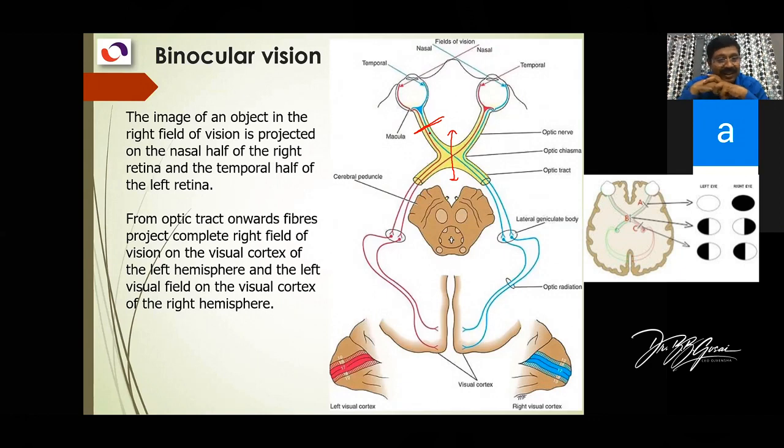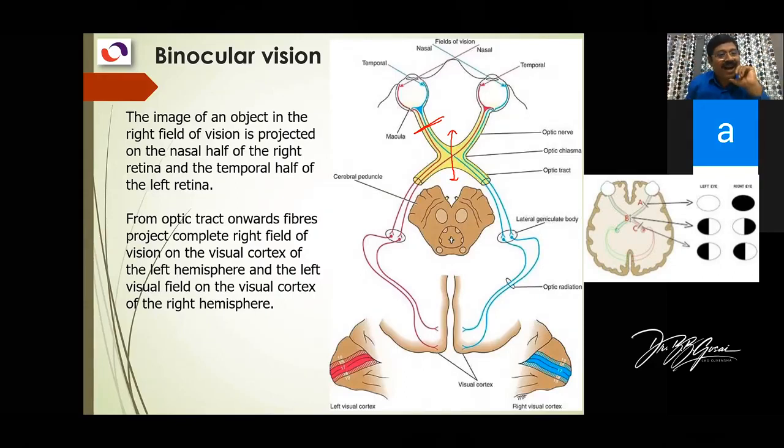Clear? That is clear? So this is how, ultimately, temporal field of vision. So don't get confused with two terms, retina and field of vision. When we say nasal half of the retina crosses, we are talking of temporal field of vision crossing. But when you are trying to understand the effect, then I will test the field of vision. So when the optic chiasma is damaged in the center, the field of vision on both temporal sides will be lost. Temporal side of the field of vision is lost.